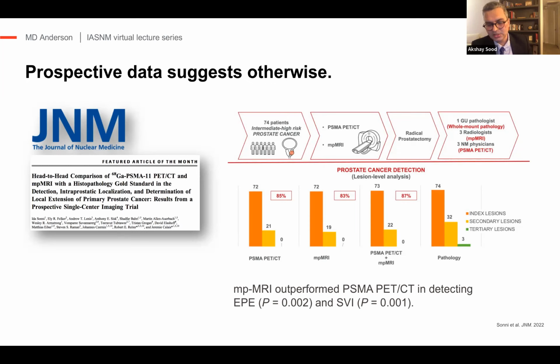So it seems based on this imaging study that multiparametric MRI is sufficient for initial diagnosis of prostate cancer, as it gives us both T staging accurately, as well as the intraprostatic lesional geography of that.